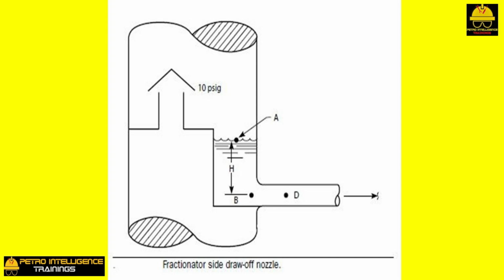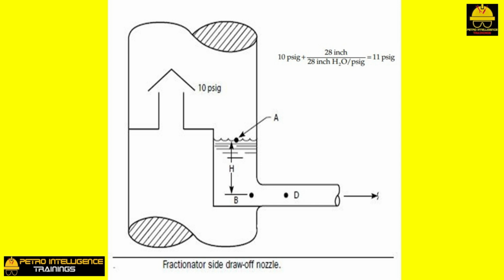Then the pressure at point B is 10 psig plus 28 inch divided by 28 inch H2O per psig, which equals 11 psig. The boiling point of water at 10 psig is about 240 degrees Fahrenheit. This means that the temperature in the entire water draw-off sump is 240 degrees Fahrenheit. But the pressure at point B is 1 psi above the water's bubble or boiling point. We say, then, that the water at point B is subcooled by an equivalent of 28 inch of liquid, or